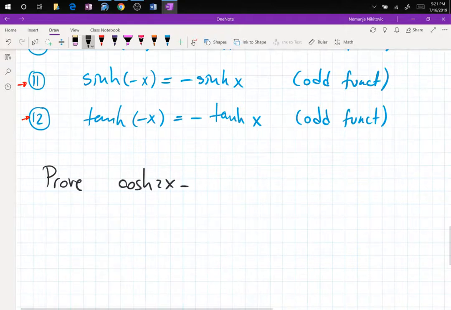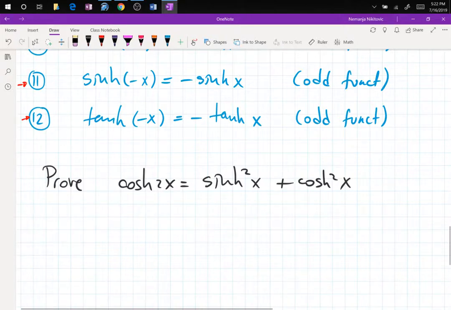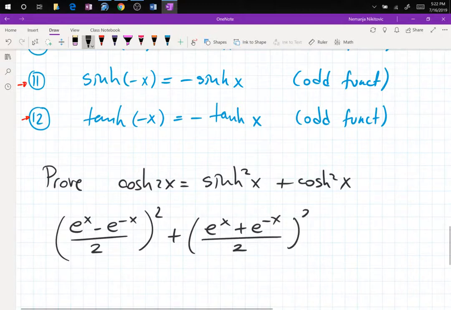cosine hyperbolic 2x is equal to sine hyperbolic squared x plus cosine hyperbolic squared x, right? You would love for this to be 1 because it would be the same as trig, but it's not. It's this. So how do we prove it? Well, we start from the right hand side. We know that sine hyperbolic is given by e to the x minus e to the minus x over 2, and I have to square that, and I have to add to that e to the x plus e to the minus x over 2, and I have to square that. So this is the right hand side,